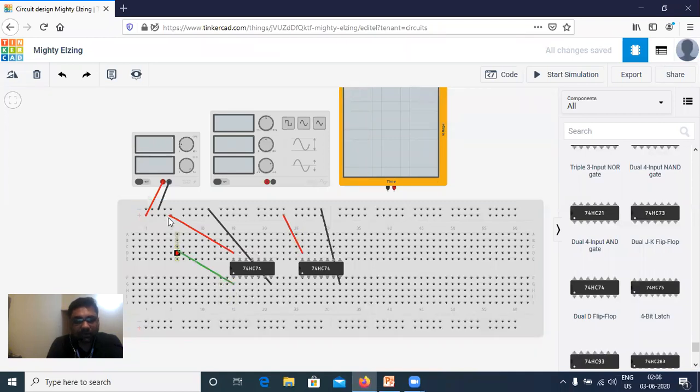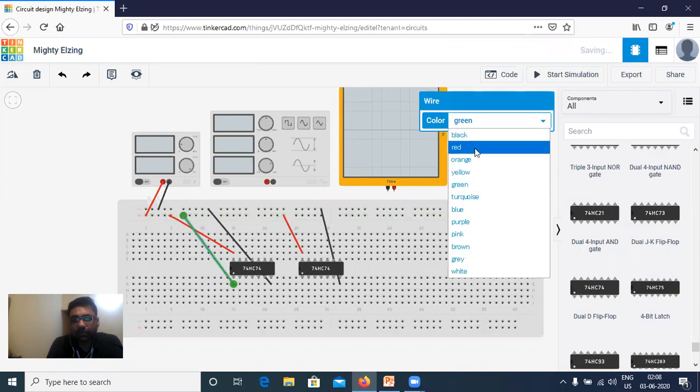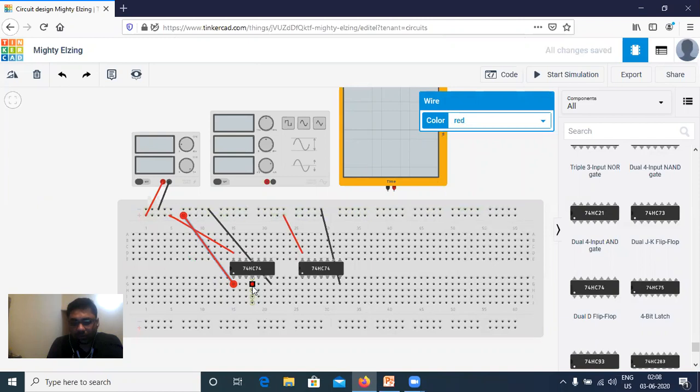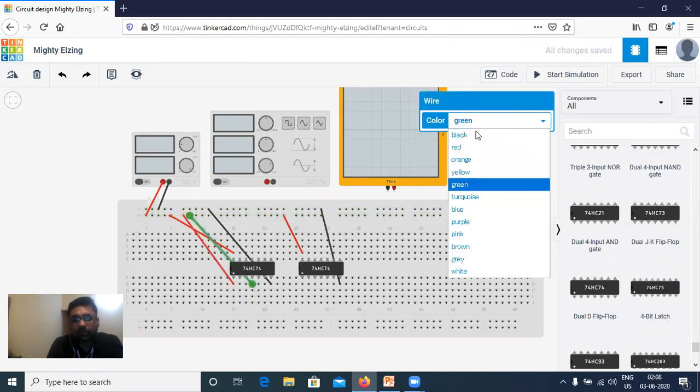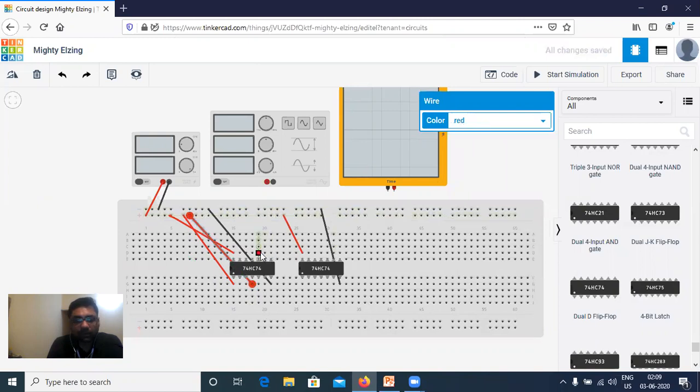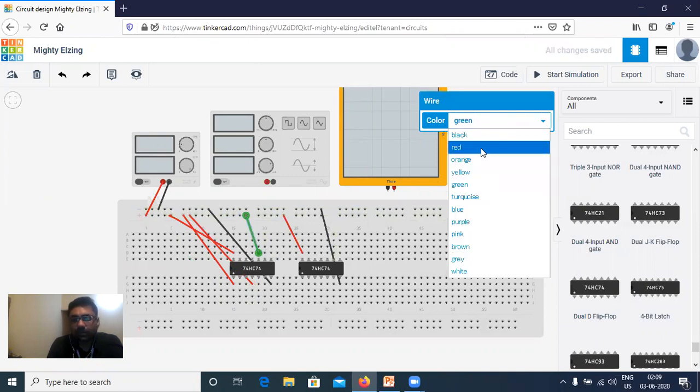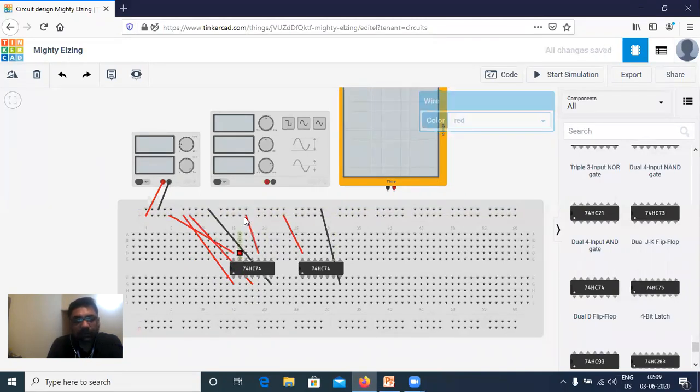So 1, then 4, then 10, then 13. Okay, the same thing I have to do for this IC also: 1, 4, then 10, then 13.